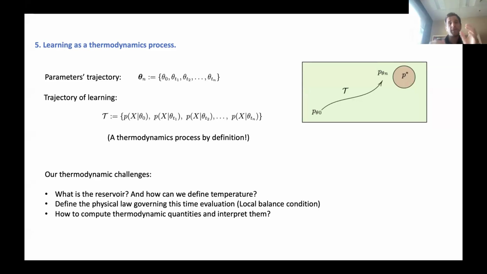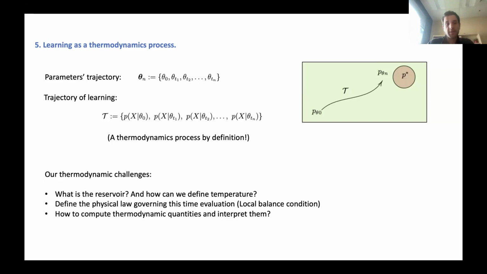In modern thermodynamics, you can describe a thermodynamic process by the time evolution of a distribution. So basically, if you have a physical system X, this physical system is surrounded by some environment, which we call a reservoir. The state of this system is described by its distribution. That's the main idea of statistical physics. We care about the distribution of X degrees of freedom. And the thermodynamic process, by definition, is the time evolution of this distribution, of course with some criteria, which we're going to address.